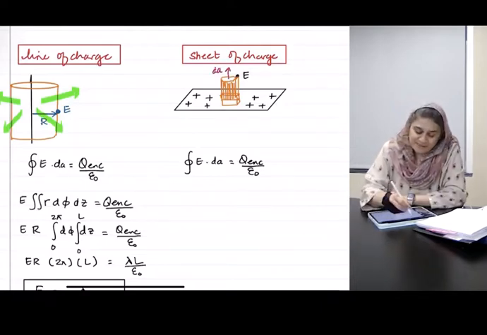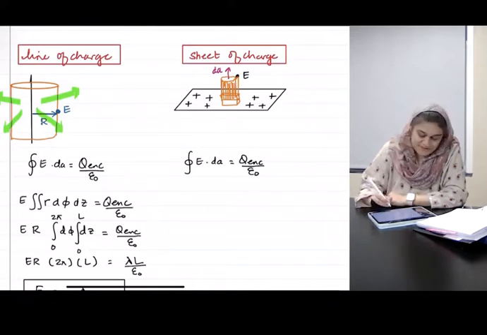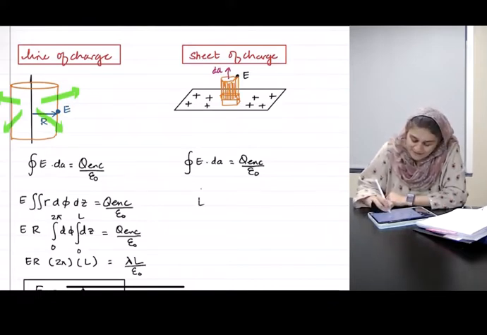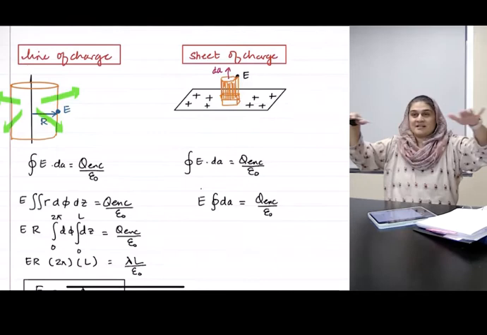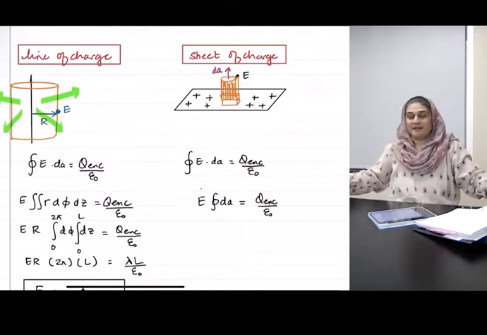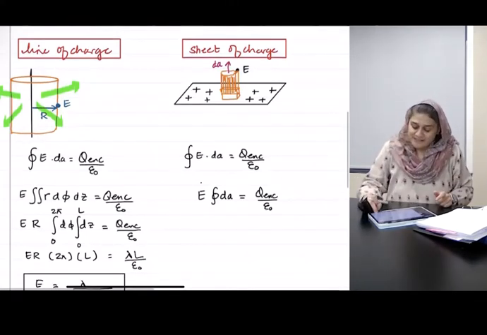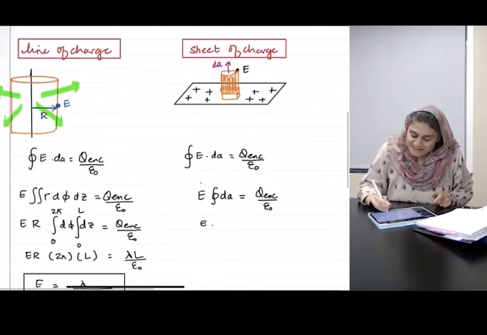That means I may write my Gaussian surface as, and for a Gaussian surface that extends all the way over the sheet, may I just simply write this as